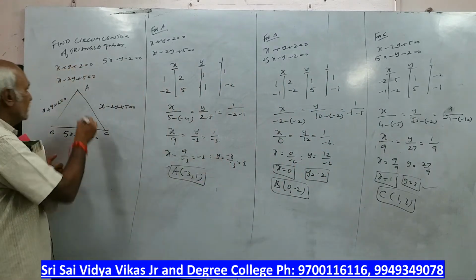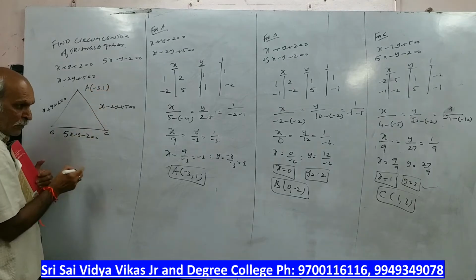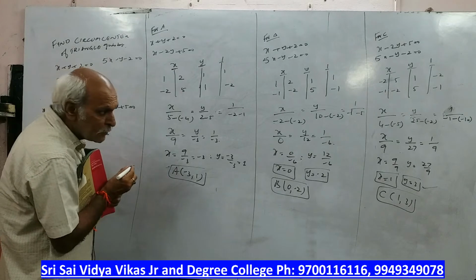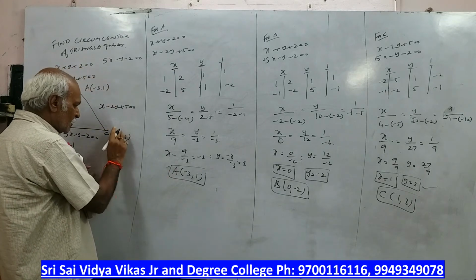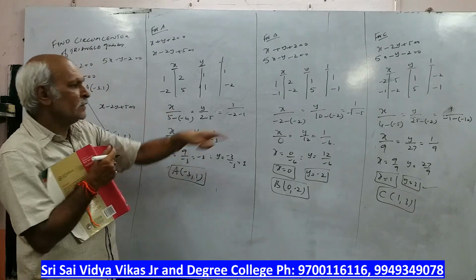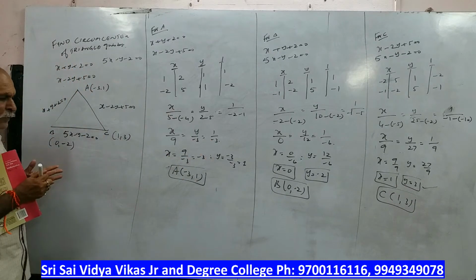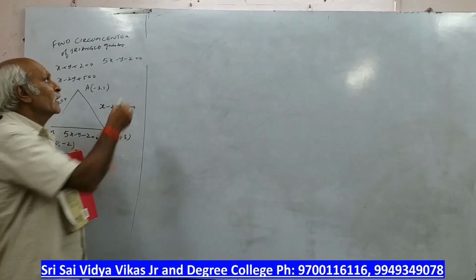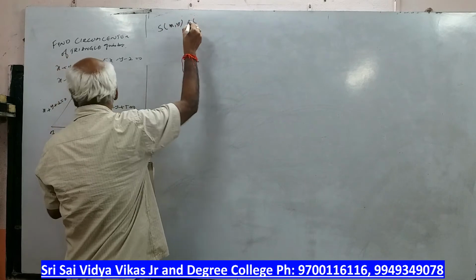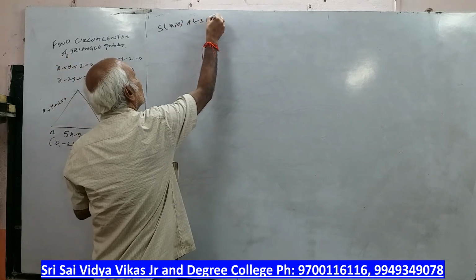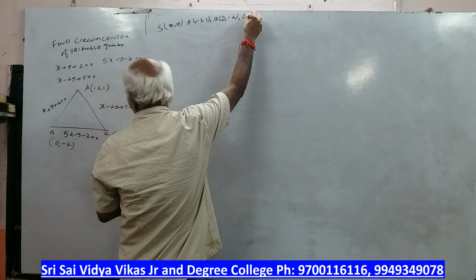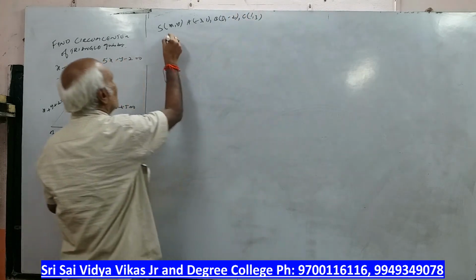I am writing here for the A point minus 3 comma 1. What is the B point? 0 comma minus 2. What is the C point? 1 comma 3. Alright. So we wrote first equations, then now we have to use again same procedure. Please note down up here. Now again S is x comma y. For the A point we got, sir, minus 3 comma 1, B point is 0 comma minus 2, C point is 1 comma 3.